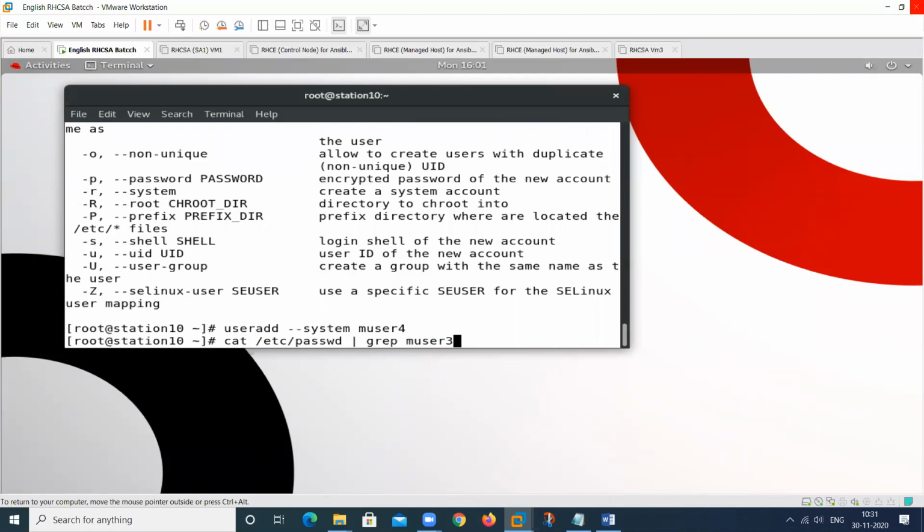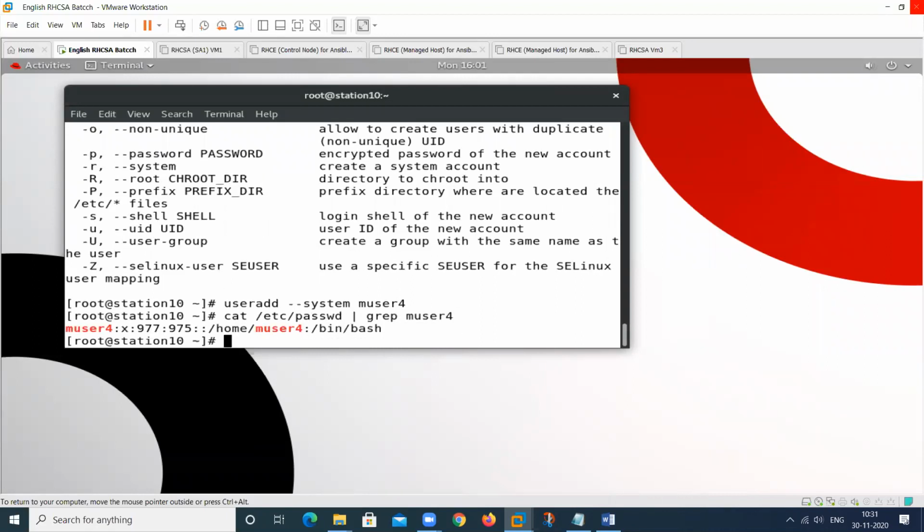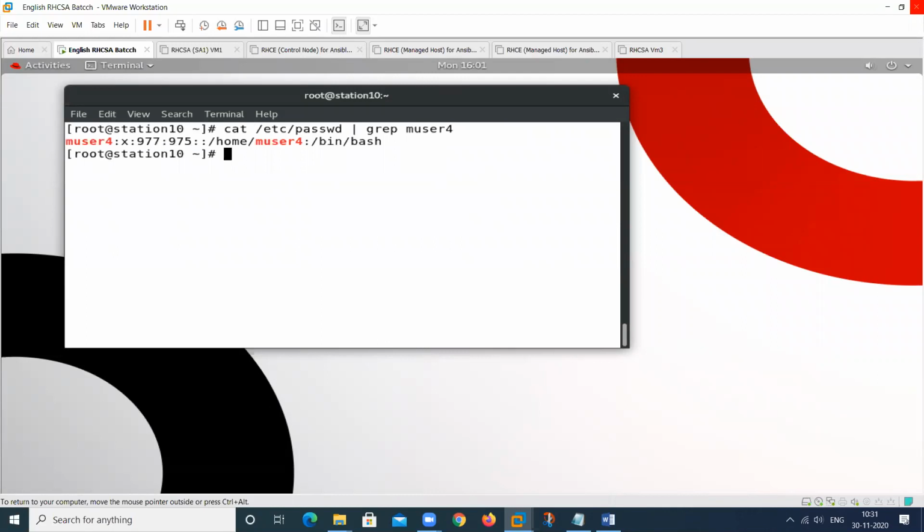So see the difference, that is user4. So how can you differentiate that this is a system user and this is a regular user? How to differentiate this? This is my system account and this is my normal account. How can we differentiate? So please tell me, both of you, Bijay and Rahul.